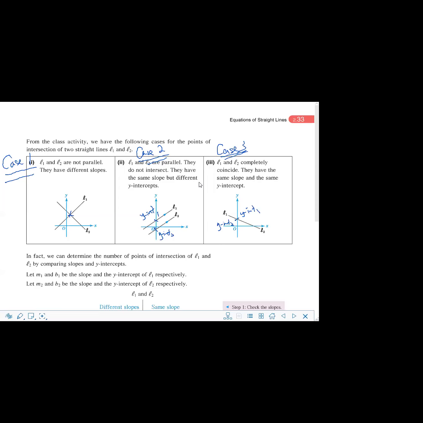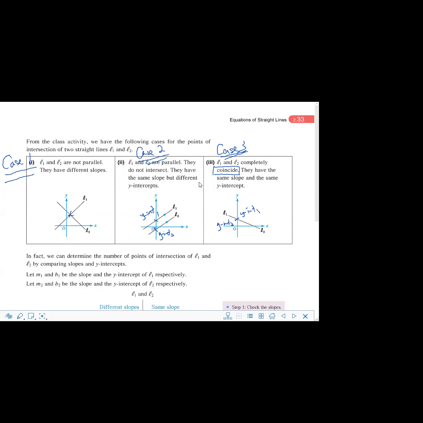Line 1 and line 2 are overlapping each other, and there is one term that looks more professional: they coincide. Coincide means overlap, completely overlap. 即係重疊咁解啊，完全重疊。